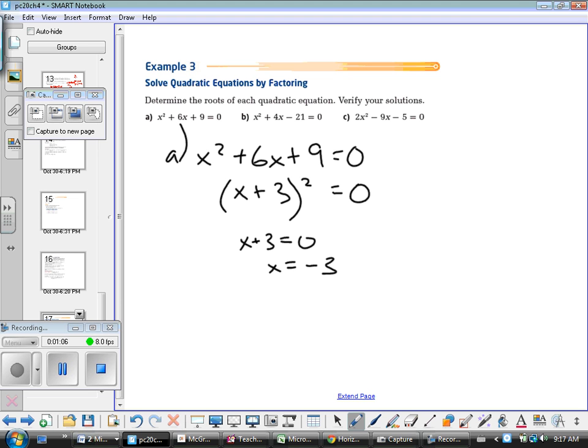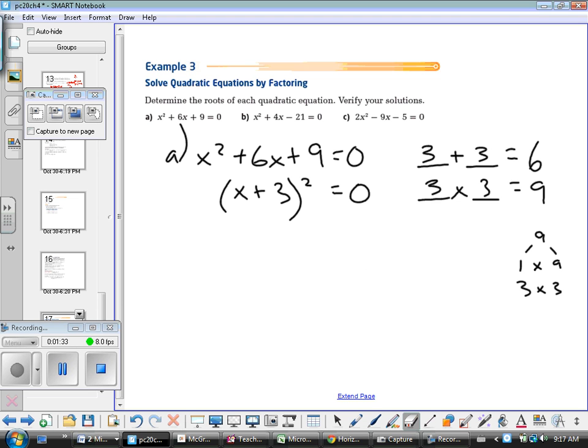Now, of course, if you didn't recognize right away that that was a trinomial square, that's totally fine. You would just look for two numbers that add to give you 6 and multiply to give you 9. And as you started working through the factors of 9, and we're looking for positive ones here, it wouldn't take you that long to find that 1 and 9 don't add up to 6, but 3 and 3 do. Okay, so you can do it that way as well. And then you would know that it's